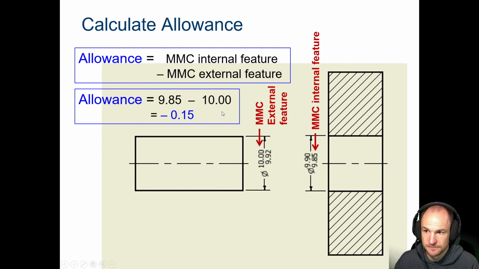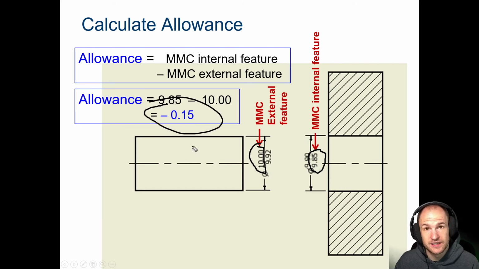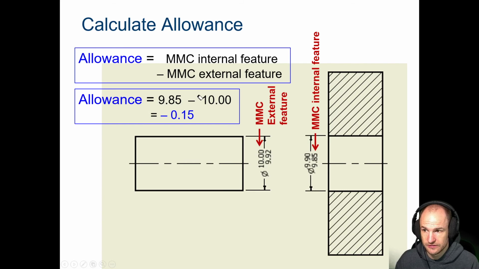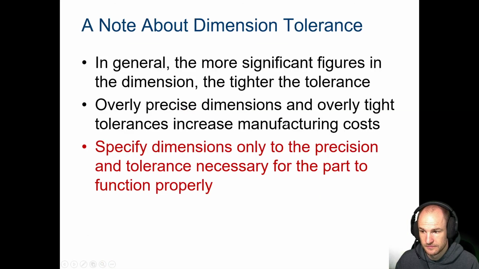So you see here, on the second one, which it did all this stuff for me, we do the same thing. We took the maximum material condition of the internal. We took the maximum material of the external. We subtracted them, and we got a negative number. If you get a negative number, you have an interference fit. So that is an interference fit. So just to go back,